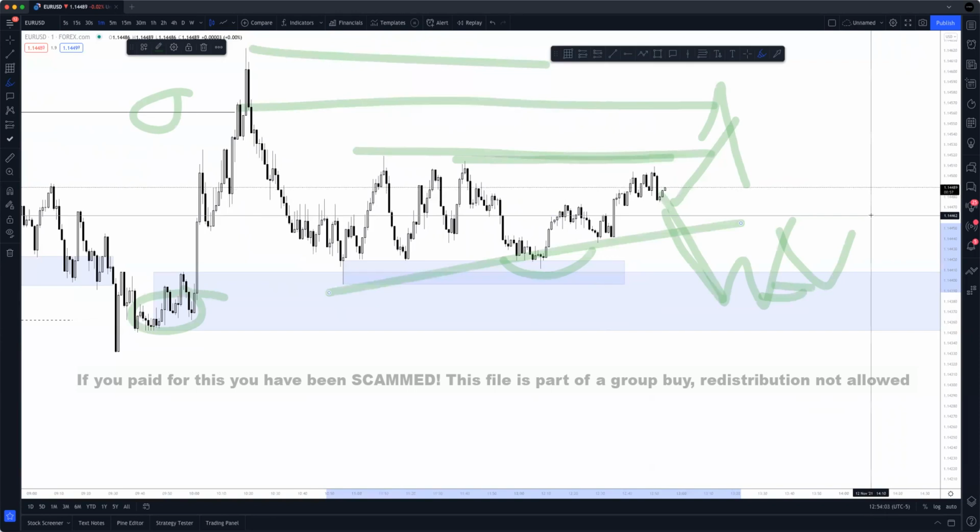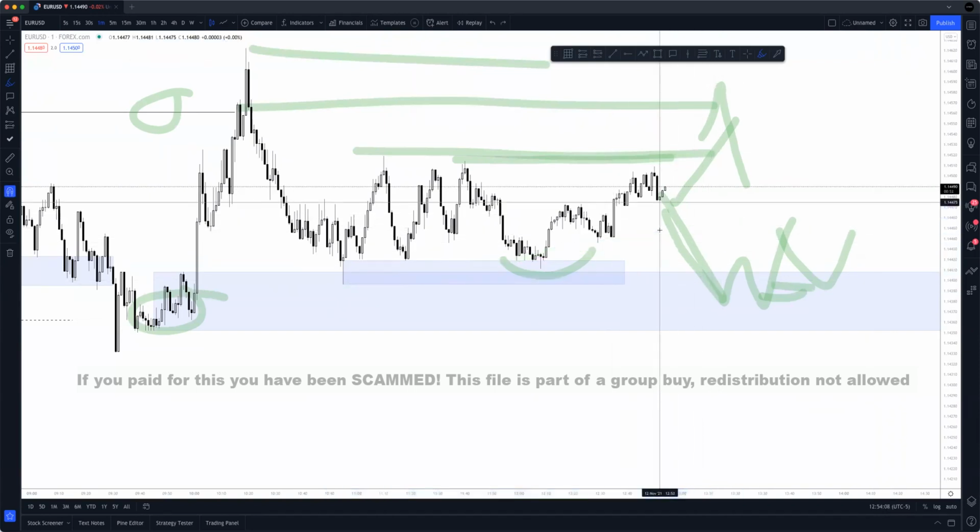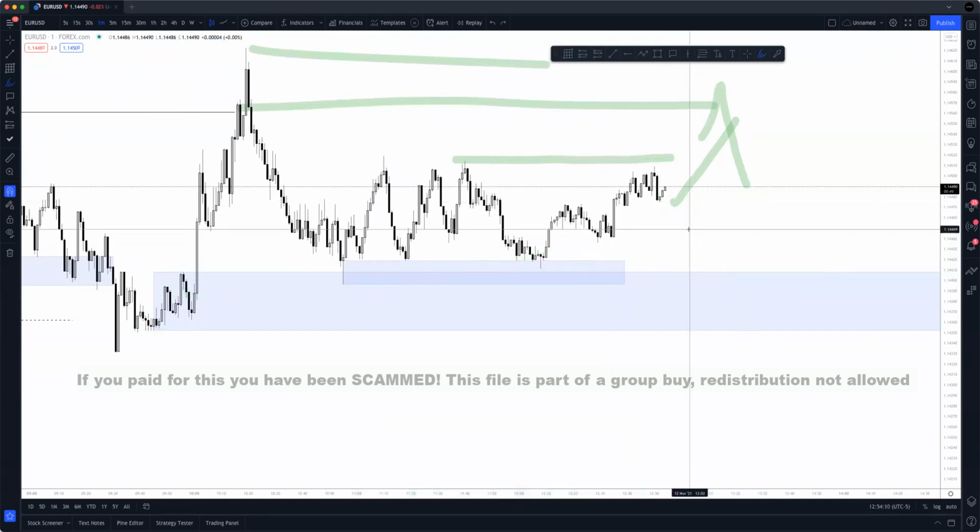I'm talking around in circles here. I hope this is not confusing more than it is helpful, but that's ultimately my ideal setup,